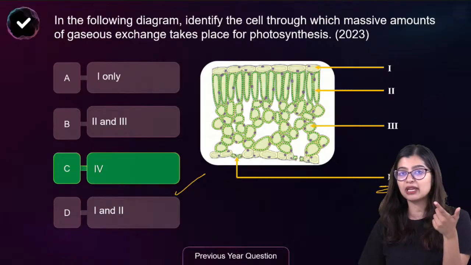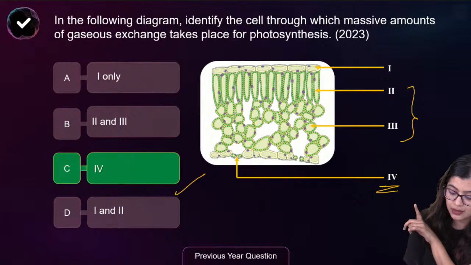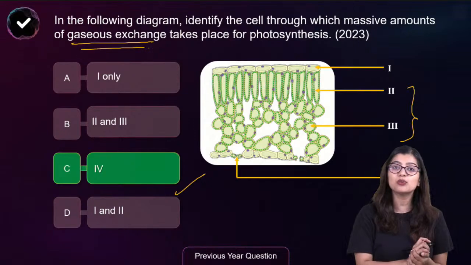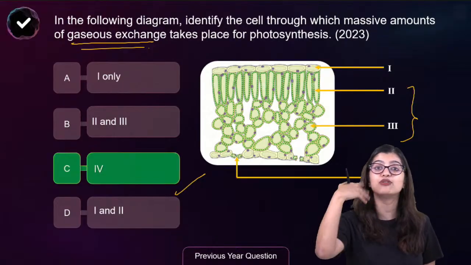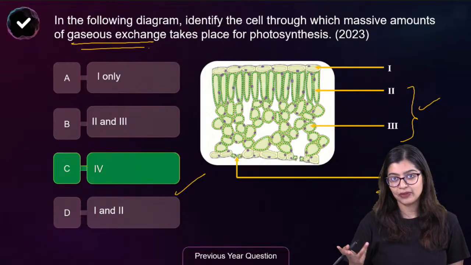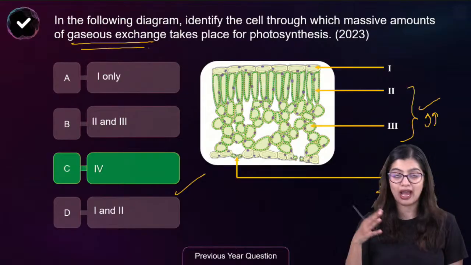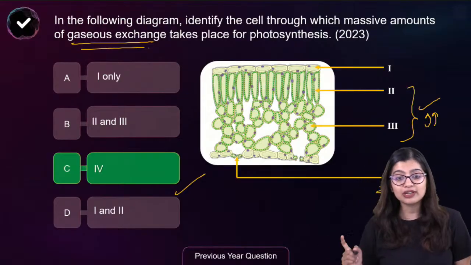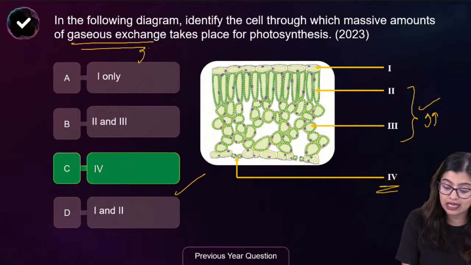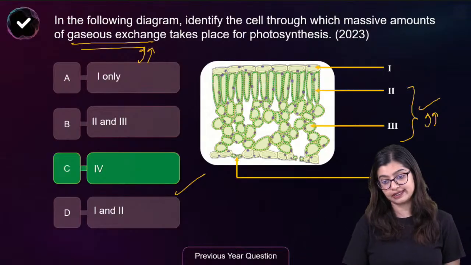Now, whoever gave me the answer as B, which means 2 and 3, you have read the question as where does maximum amount of photosynthesis happen. Now the question was where does maximum amount of food get synthesized. Then if you tell me the answer is 2 and 3, okay, because you know that your mesophyll cells have the chloroplast in it and that is where exactly this process is taking place. But you need to read the question. Question is not asking you about where food is produced. Question is asking you where gaseous exchange happens. Which is why in this case the correct answer is option C.